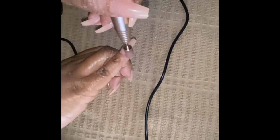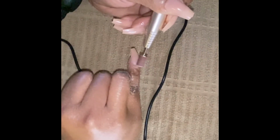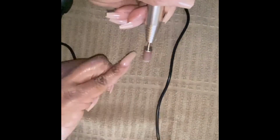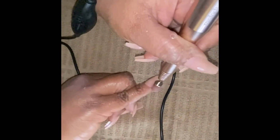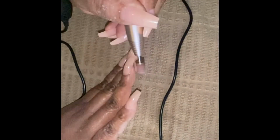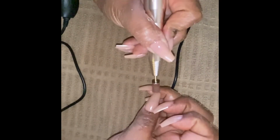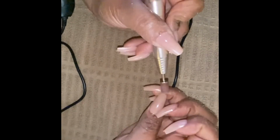So now what I'm doing is I'm going in with my e-drill, and I'm trying to take off any additional glue that's on there, and I'm blending the nail to my natural nail. The reason for that is because I don't want it to look press-on-ish. And so off camera, I really went in there and I really got into it, in between sidewall